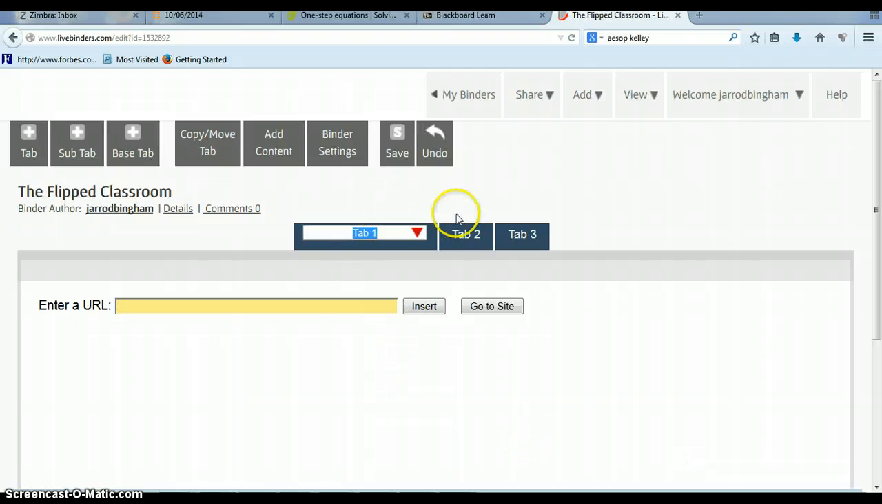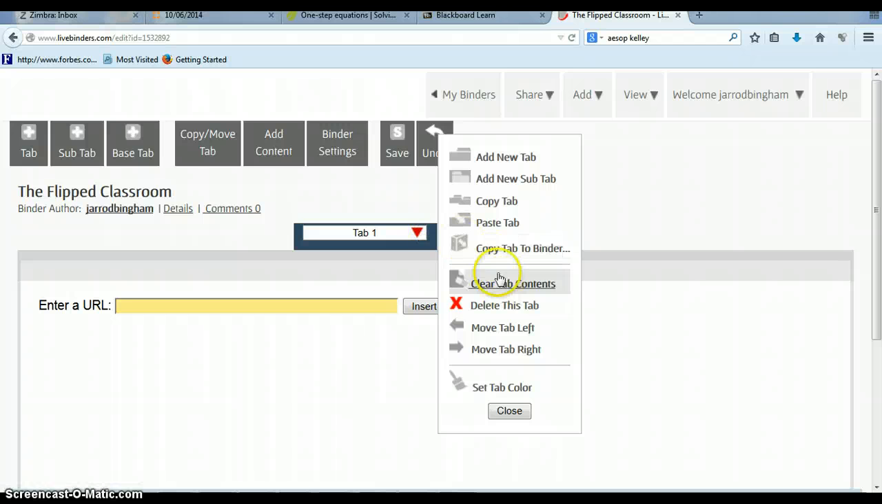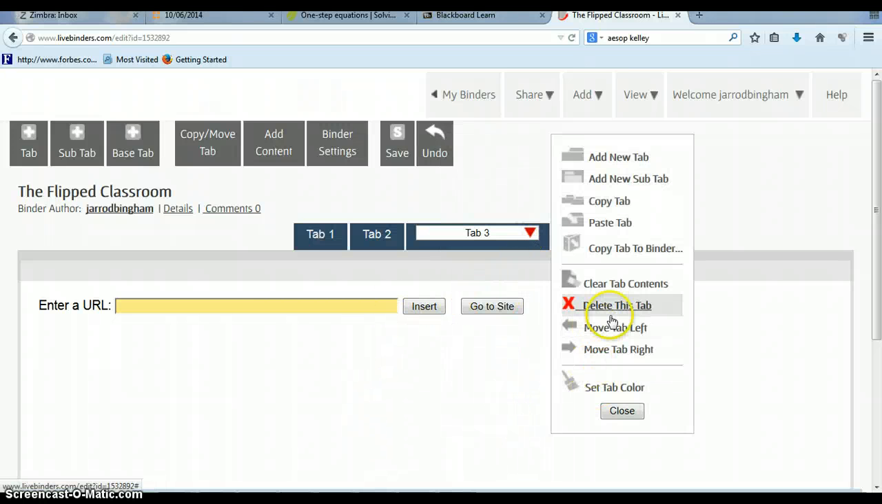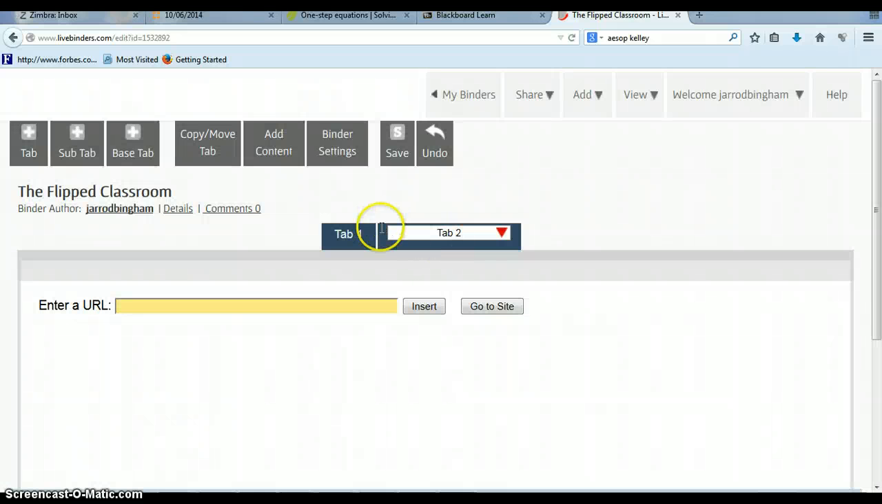Before we do anything, if you click the arrow here, you can delete the tab. Let's say that I only need 2 to start off with. I can go in and delete this. So let me just hit delete this tab. All right, and so let's start with 2. And so the first tab is going to be,